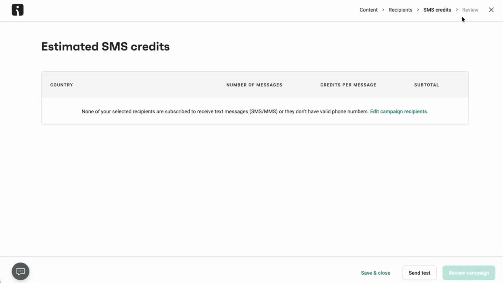Finally, you'll be asked to schedule the send. You can choose to send it immediately or pick a specific date and time that makes sense for your audience. Once you confirm the schedule, your SMS campaign